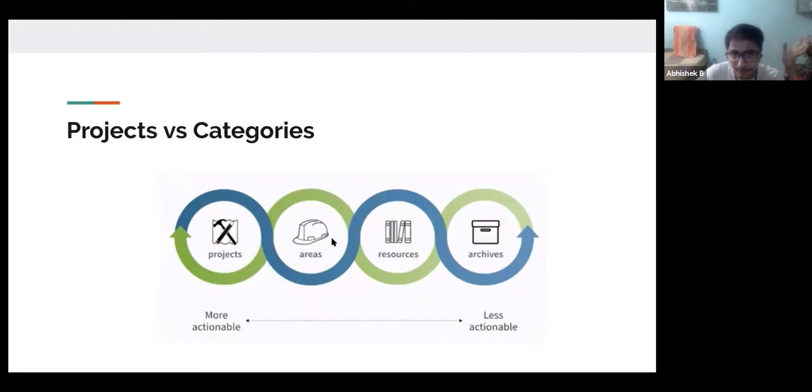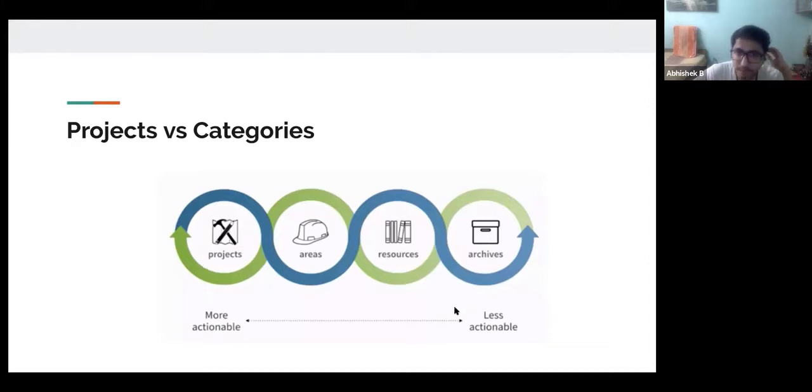Earlier I would have categories, and every task would be associated with a category, but there would be no deadline, and the scope was unlimited, and that's where it created that overwhelming feeling.